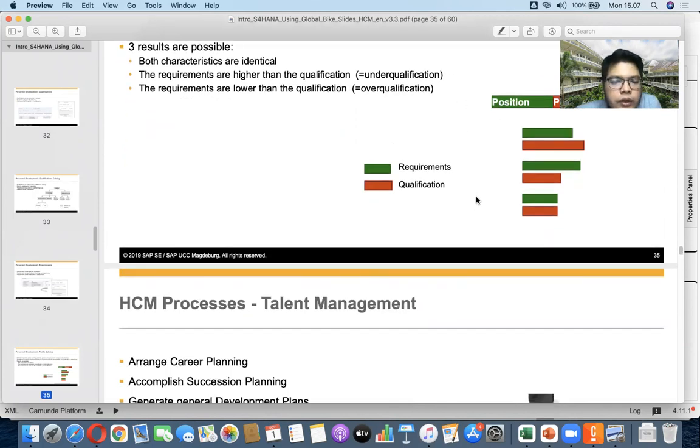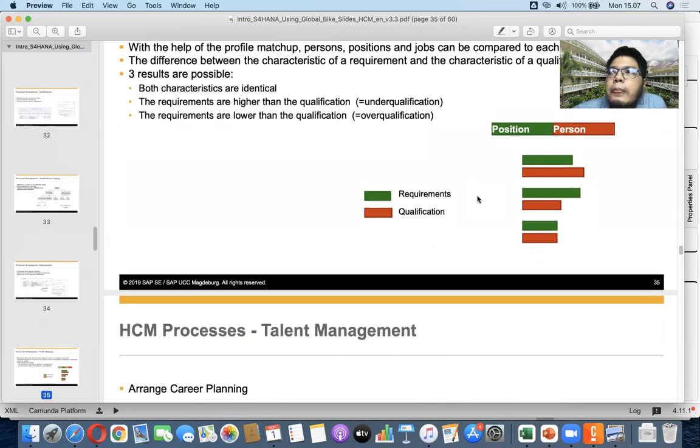So what happens if the requirements are lower than the qualification, over qualification? It means that the person's potential is not really applied. They have big potential, but the job is too easy for them. Basically, we pay someone who is qualified and we don't maximize their potential.